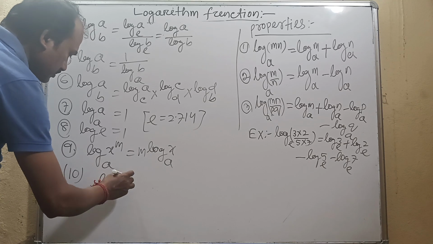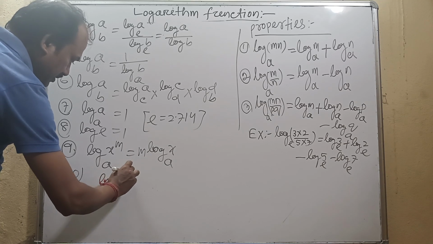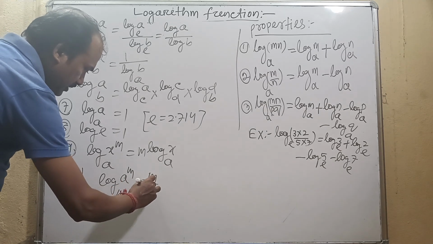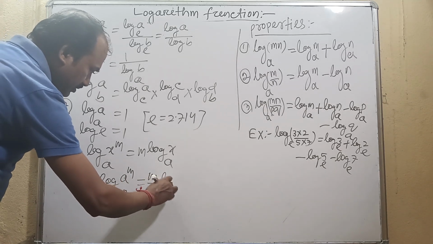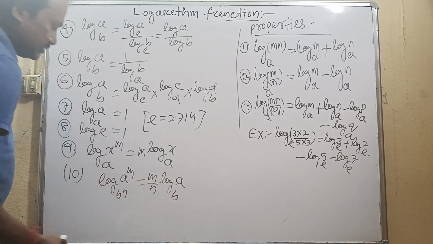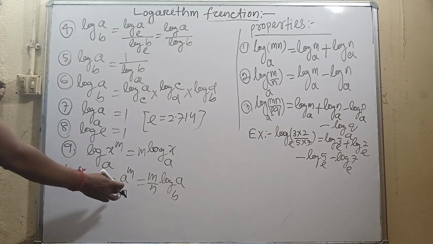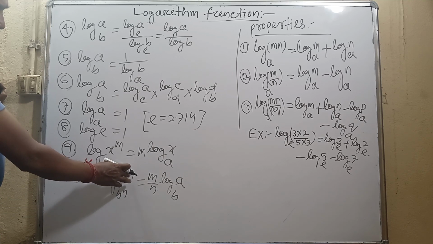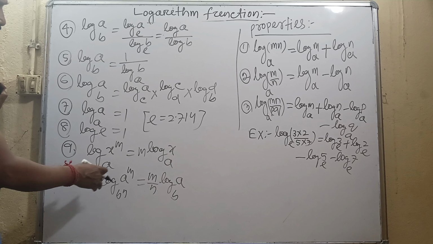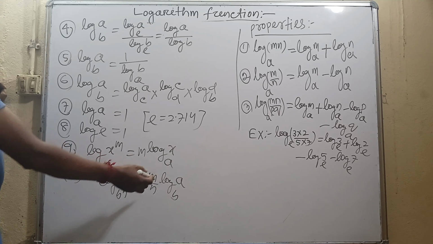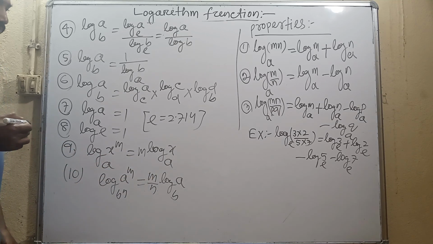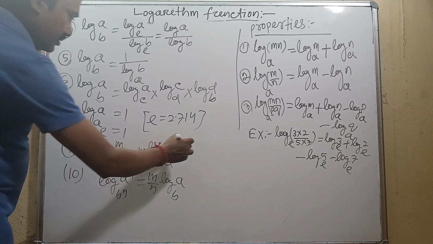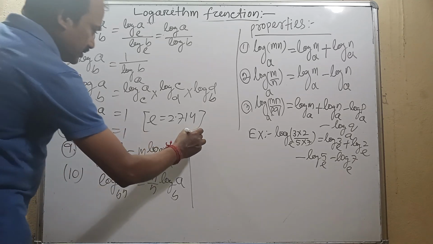log a to the power m, b to the power n, equals m by n log a base b. Here the base power is n and the number power is m; taking them outside the logarithm, that means m by n log a base b. These are the properties. Then the other properties are 11,